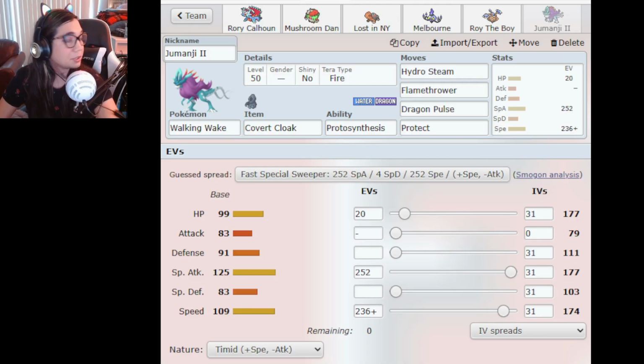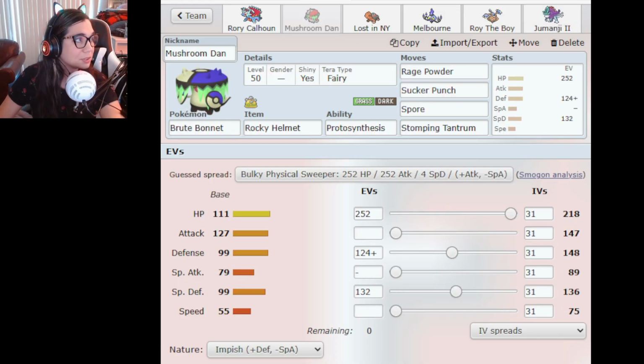So, we're already on Jumanji 2's screen. Jumanji 2, I don't actually expect to be doing very much here. The biggest thing that we're going to have here is Mushroom Dan. A lot of what my opponent's team is focused around is going to be that beat-up Mousehold into potentially boosting that Rage Fist on Annihilate and boosting that damage on Archaludon. That's what I'm most worried about here, and it seems like a lot of his team is catered towards that,